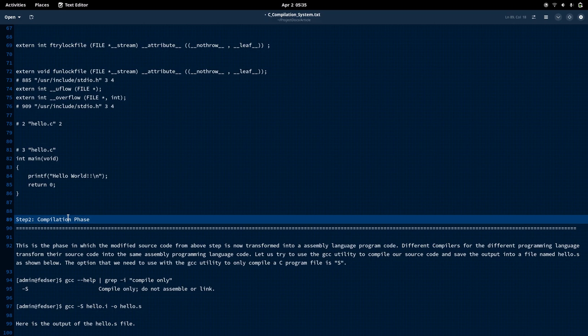compilation step. So here we are going to use the GCC utility in order to compile our source code which we generated in our first step, and convert it into assembly language source code and save it into a file called hello.s.